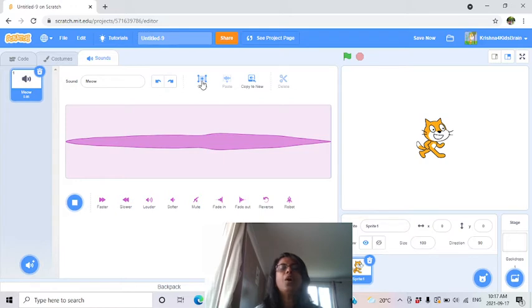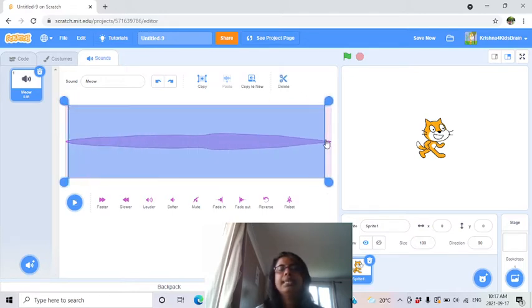Now let's see copy, paste and copy to new. If you want to copy this sound, you have to select this area first and copy it. You have 2 options to paste it. One, you can paste in the same screen for the same file. It will make a combination of 2 sounds and give you a new, different sound.